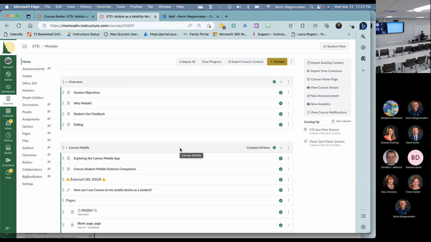Now I tried to go to the blank page. I obviously didn't mark that as done, so I wasn't able to get to it. But the next page will actually allow you,